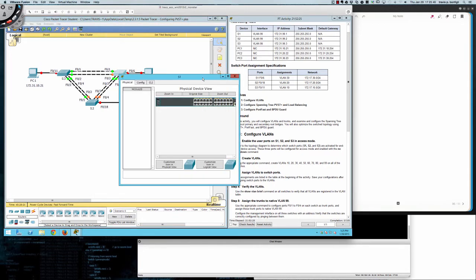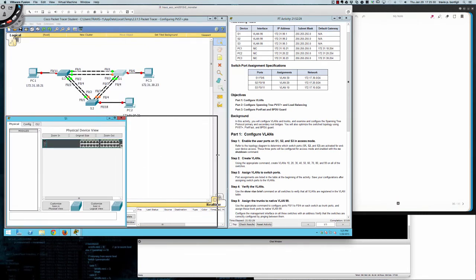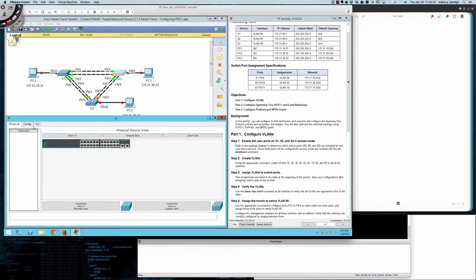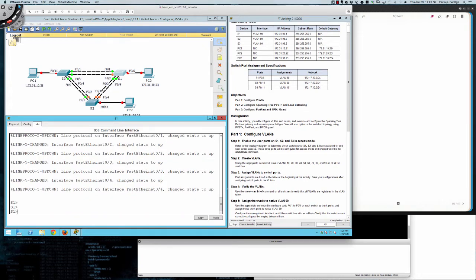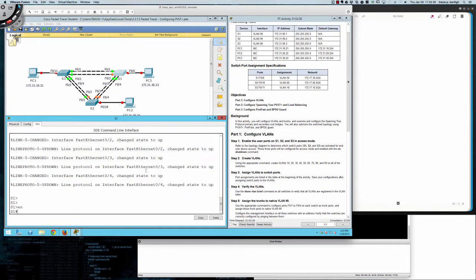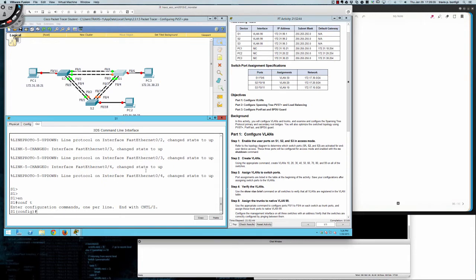So let's go ahead and pull up the first of 3 switches, switch 1, and let's increase the size of the screen here, and the CLI. We're going to go from user exec mode into privilege exec by issuing the enable command, and then we're going to go into global config mode with configure terminal. Once we're in global config mode, we're going to need to go into switch 1's FA0/6,